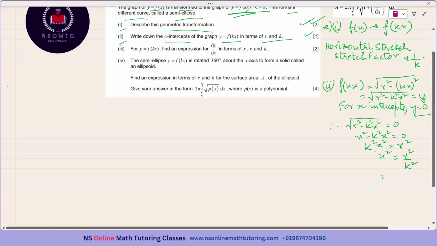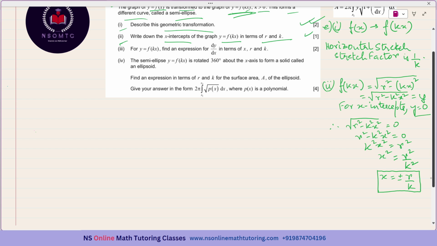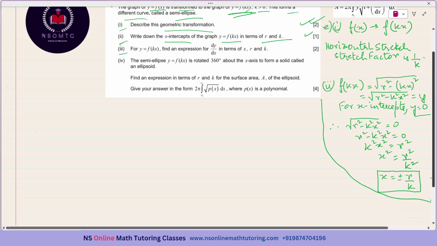So x will be equal to plus minus r over k. And if you don't write this plus minus, you will not be getting that single mark, because there are 2 x-intercepts. One is plus r over k and another is minus r over k. Okay. Now, I for y equal to f of kx, find an expression for dy by dx in terms of